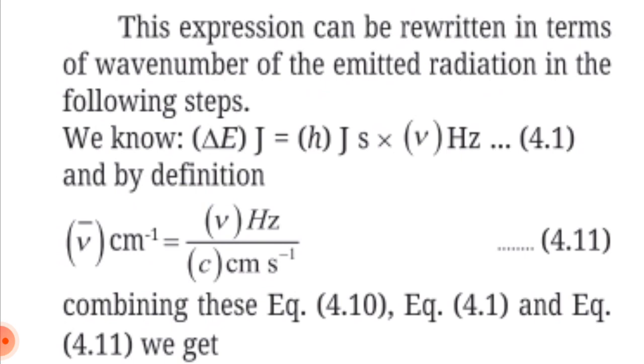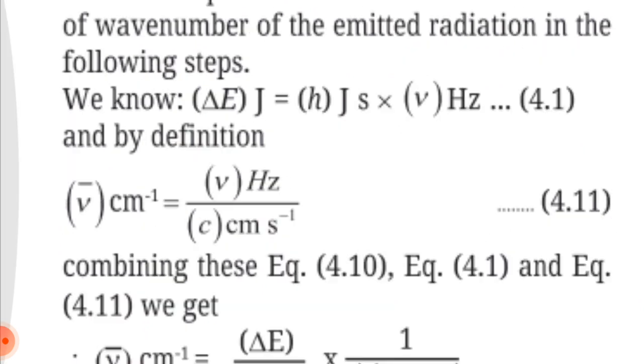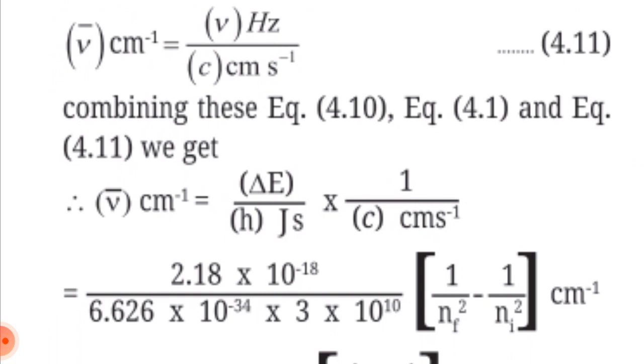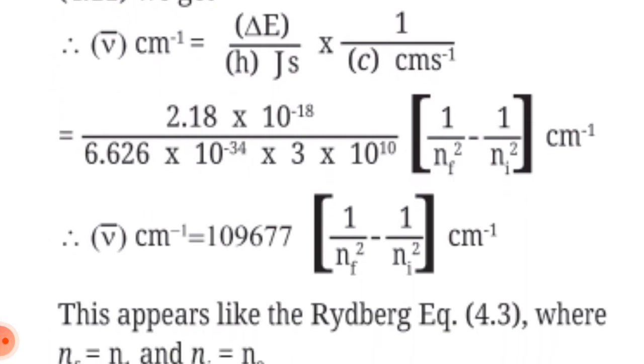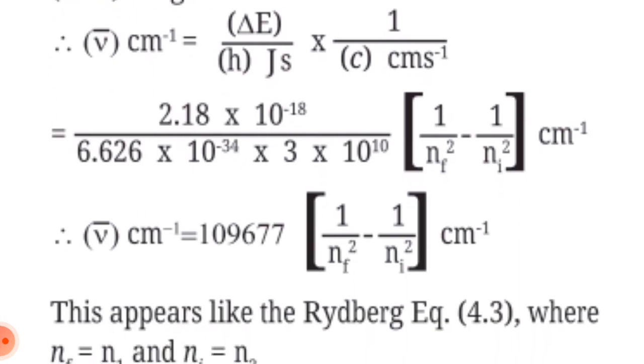We know delta E in joule is equal to h joule second multiplied by nu hertz, and by definition nu bar per centimeter is nu hertz upon c centimeter per second. Combining equation 4.10, equation 4.1 and equation 4.11, we get nu bar per centimeter is equal to delta E